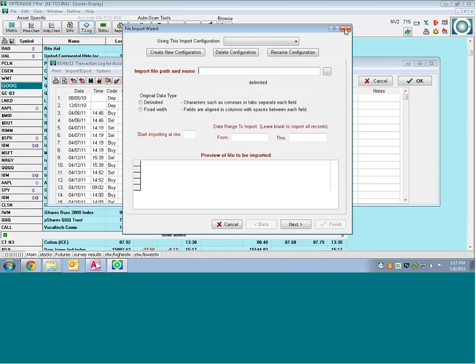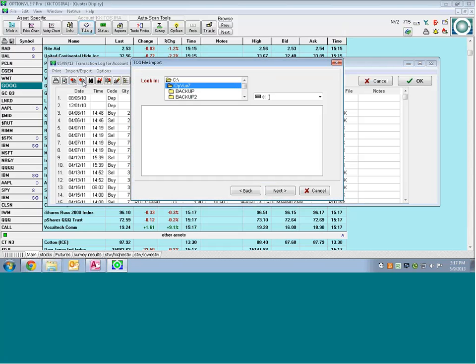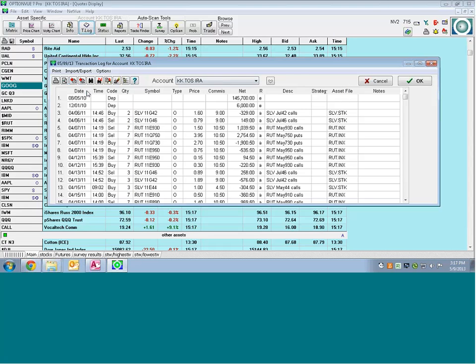But I want you to know that you can import from a comma delimited ASCII file, like an Excel spreadsheet. You can import any number of transactions from various places, like other brokerage accounts especially. And then we've got a file import feature that we built for you from Thinkorswim people and people that